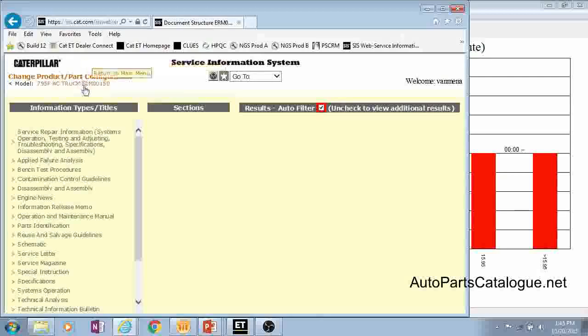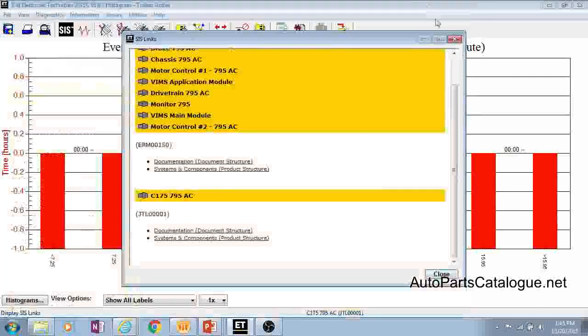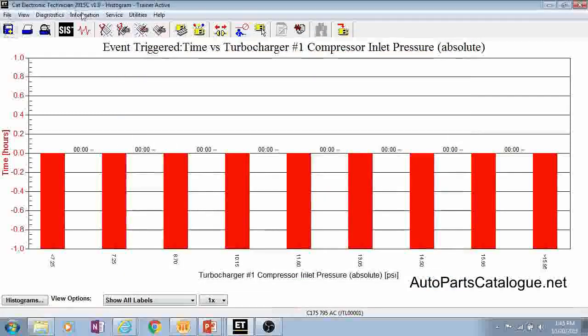you will see that it went ahead and entered our serial number and clicked on that link for us, and now we can navigate down through our various types of documentation until we find what we're looking for. It's better to just click around as opposed to trying to write down a serial number and then go over to SYS and enter it. It's just a little shortcut there to help save some time. And that concludes our training on